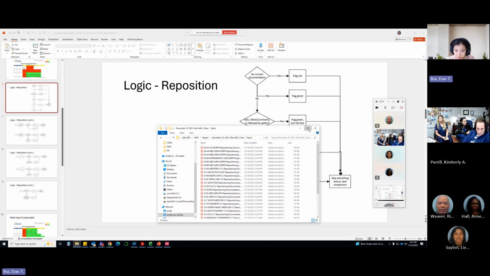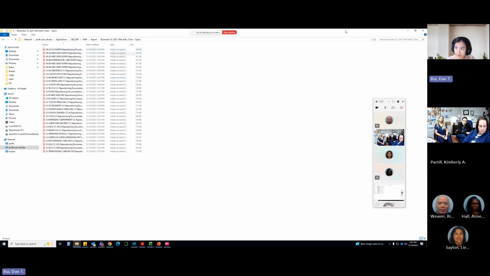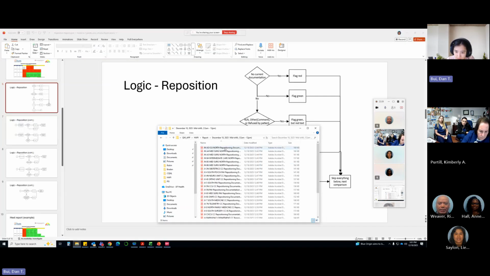When I'm scrolling through this folder, do you recognize anything that you saw today? This one was sent out December 18, 12:44 today. It's all red since last night. Is it 6 South Pavilion? No, it's an ICU on the 7th floor. NCCU, but it's in the report. It says neuro ICU.